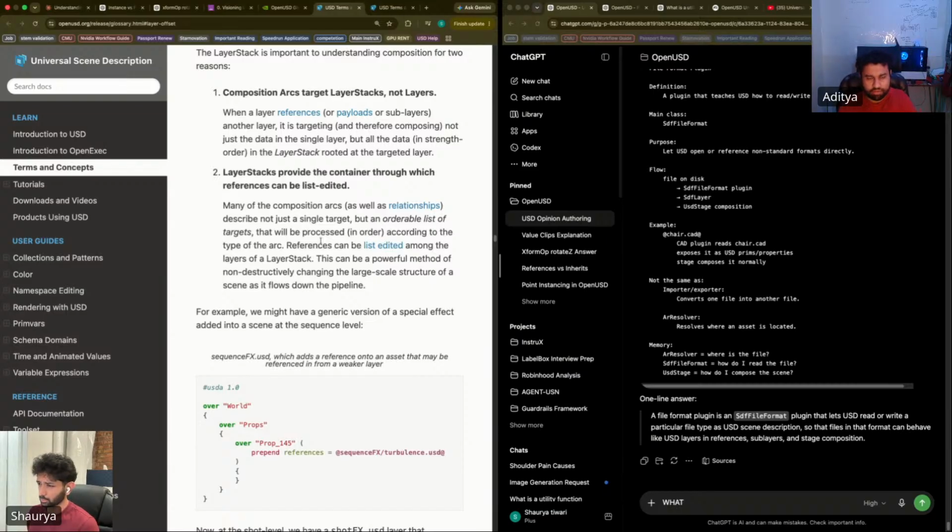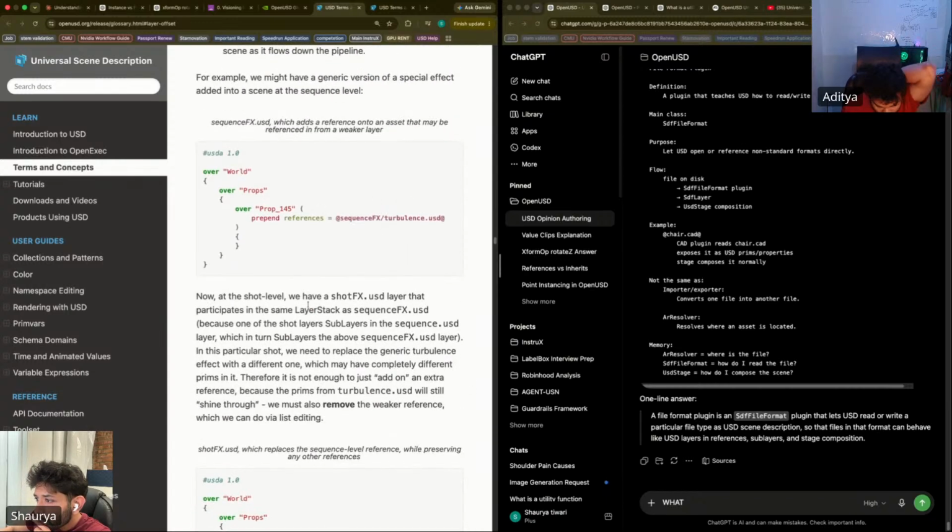For example, you might have a generic version of special effects added in the scene or the sequence level. Sequence fx.usd, which is a reference of the same layers tag as sequence fx.usd because it is one of the shot layers, sublayers in the sequence.usd layer, which in turn sublayers the above sequence fx.usd layer.